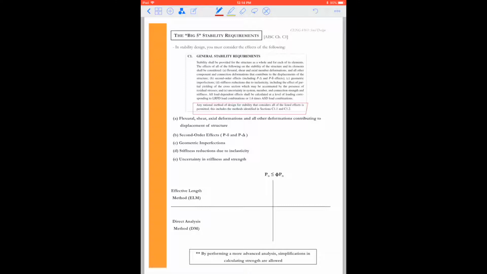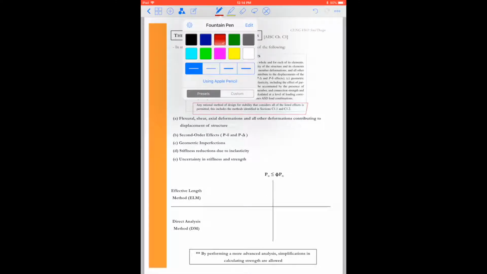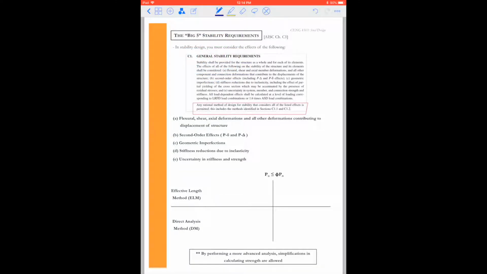So how did we used to do this? Well, what was common was the effective length method, and basically in the effective length method we say that in our analysis equation or our design equation, here I just have axial force, but it could be shear or moment. In the effective length method, we say that P sub u